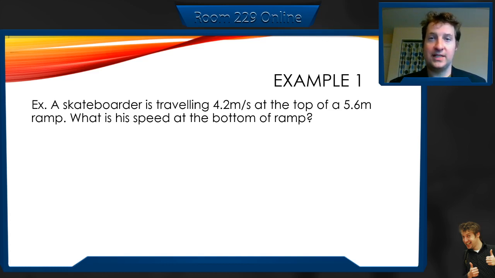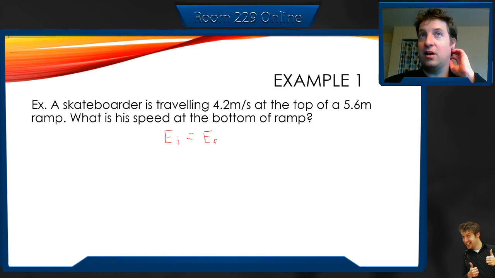But we can state, using our new conservation law, that all we have to say to solve this is that the energy that I start out with, let's call this EI, okay? That's my initial energy to begin with of the skateboarder before he's gone down the ramp. It's going to have to be equal to his final energy. Sorry, their final energy at the end of their